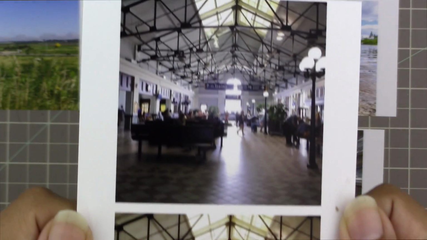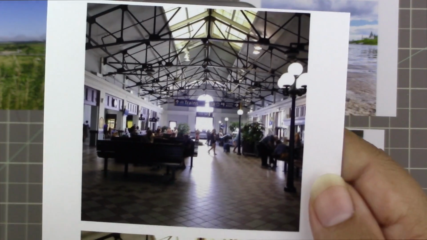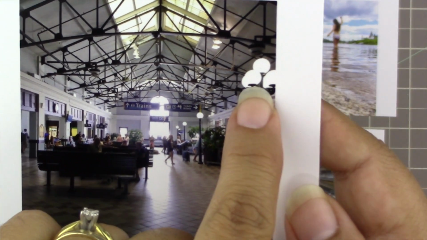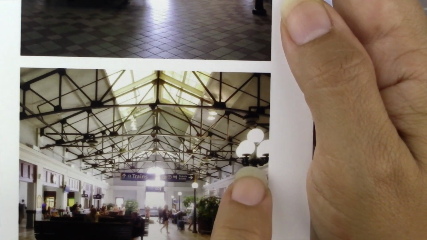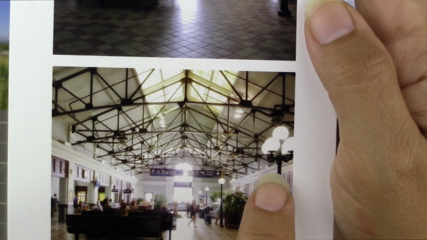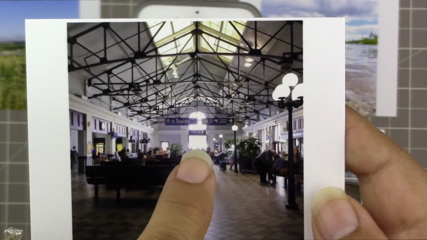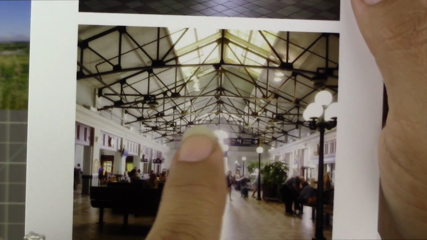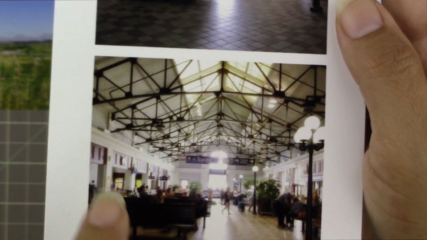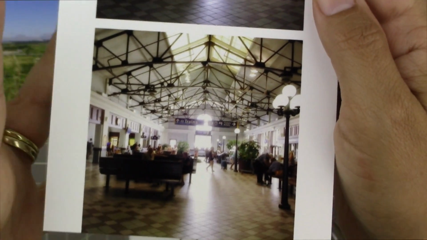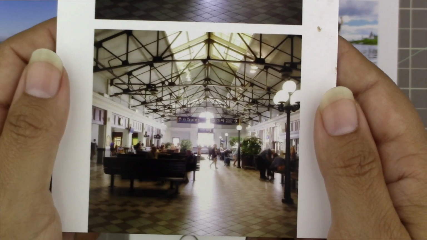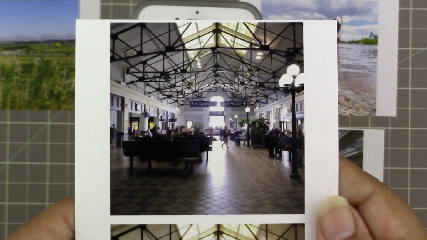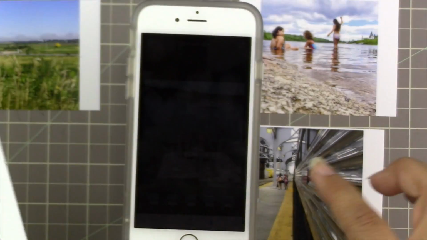So that's the difference. And you'll notice things like, see these lights here, how crisp they are. They're just like a soft diffused light on this one. The same thing with that window in the very end of the train station. It's all the more glowy on this side, and it also has a yellow undertone, like a warm yellow tone to it as well compared to that. So that's what the Glamour Glow